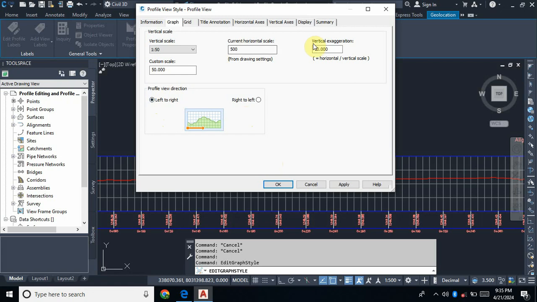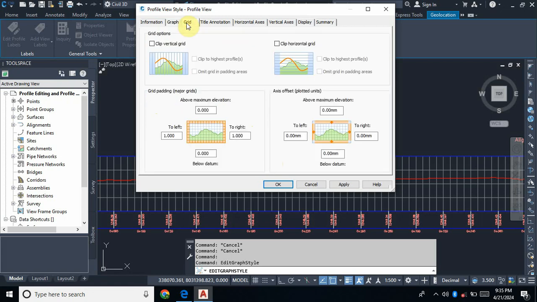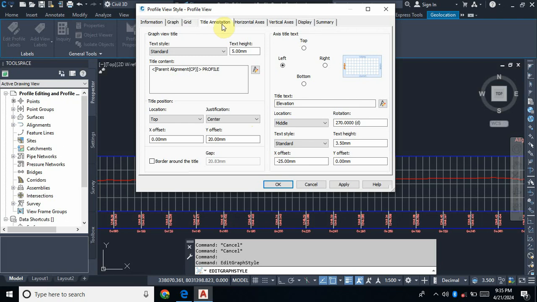Then from there everything is okay. We can go on to grid to check if everything is okay. I think on grid here everything is okay. There's no need for us to make any changes. Then you can go to text annotation. So on text annotation